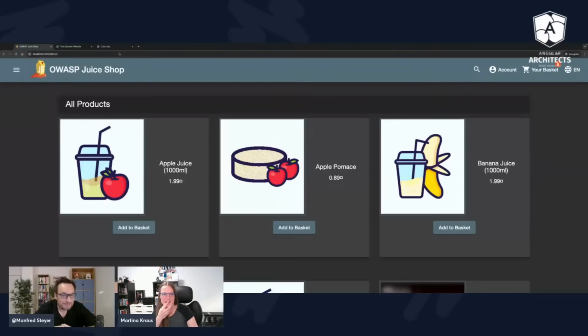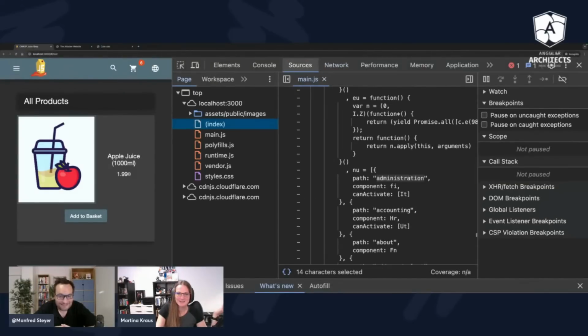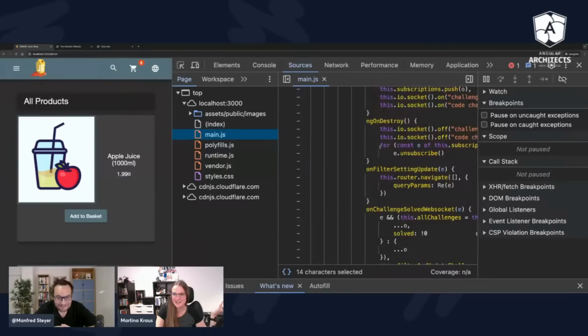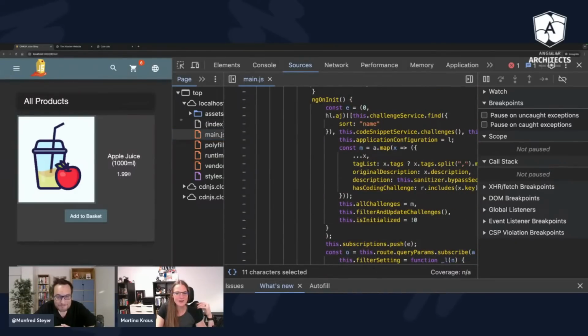Where could we figure this out? And then, of course, I remember it's JavaScript. Everything is already inside the front end. So, oh yeah, let's dig into the source code. We have the source over here. For instance, here we have the main.js, and this is an Angular application. So all the information might lie somewhere here.